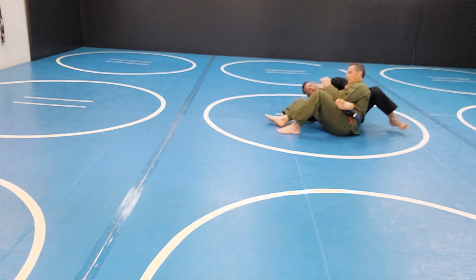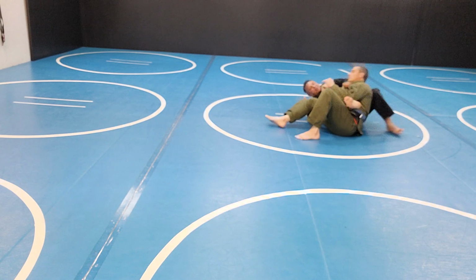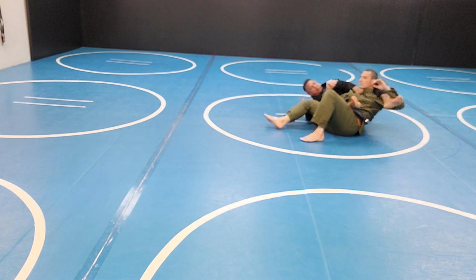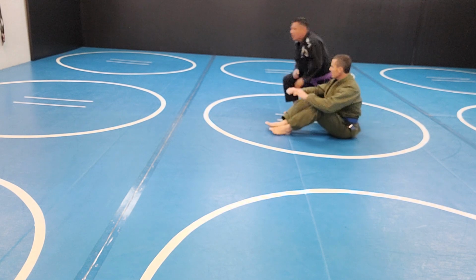And then I'm gonna try to get this arm if I can, but I don't need it. And I'm choking you like this. Basically, that's the bow and arrow choke. So if I'm able to get this arm from here and hook this arm forward, I can really stretch you out. The whole thing with that is